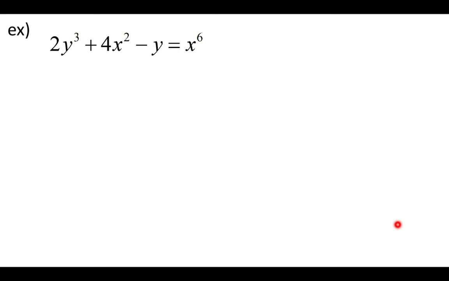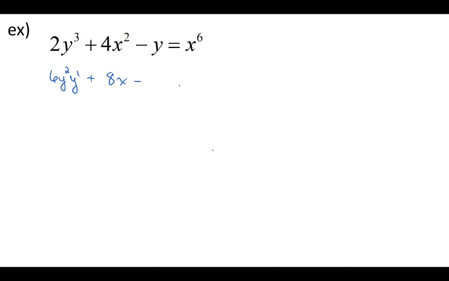Okay, let's try a couple more here. Notice this one has multiple terms, so it has multiple versions of that y. Let's go ahead and just treat it the same way to start here. So this will become 6y squared using the power rule. And then since we took the derivative of a y, we also got to write a y prime there. Plus 8x